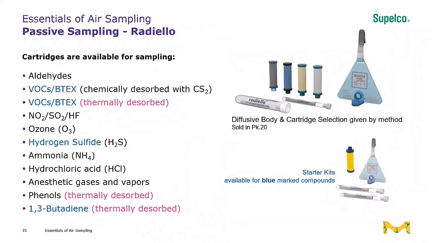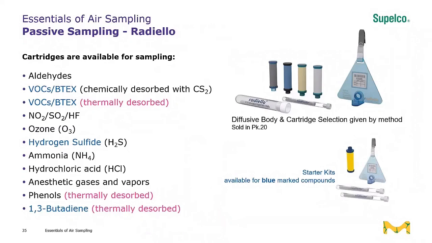And there are also a selection of diffusive bodies available that are required for sampling, and the diffusive bodies are what controls the geometry or the molecular diffusion of the contaminants into the adsorbent cartridges. We also have accessories for use with Radiello, triangular support plates, and other options to help you have what you need to